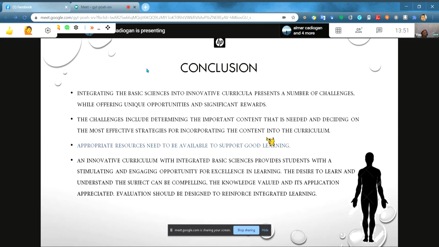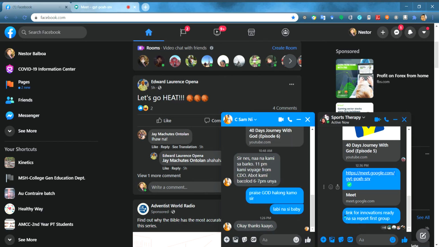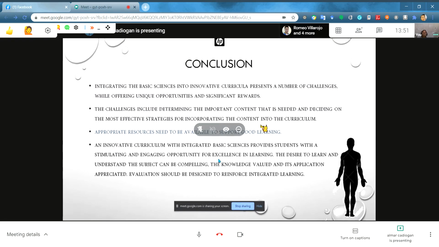Then appropriate resources need to be available to support good learning. Usahay kulang ta sa resources, pero the teachers try their best para maka-come up ta ug good learning para sa ilaha. Di ba sir? Oh, yes. So